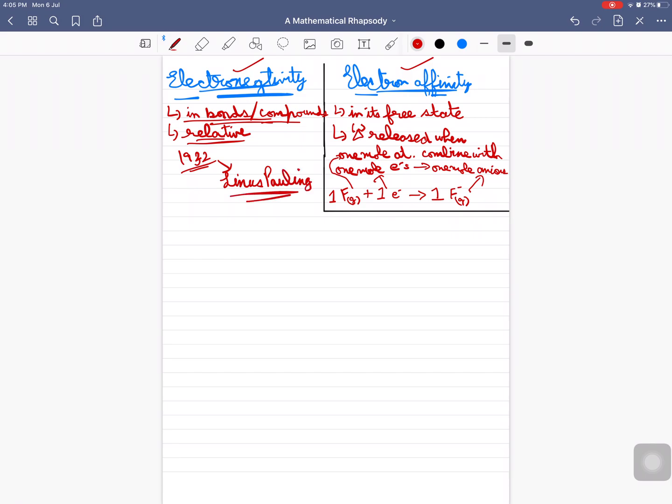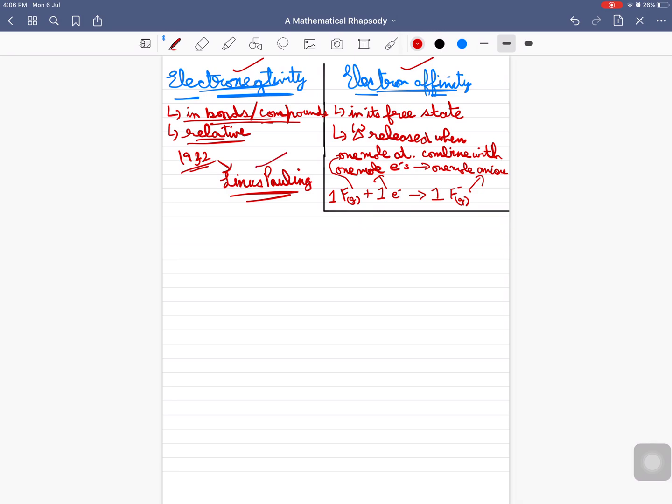So this person right here, this scientist, he introduced the concept of electronegativity. And what he did is that he gave a table for the electronegative values of all the elements, almost all, but we're not going into how he derived it. That's not important right now, right? So we're going to take a look at the table